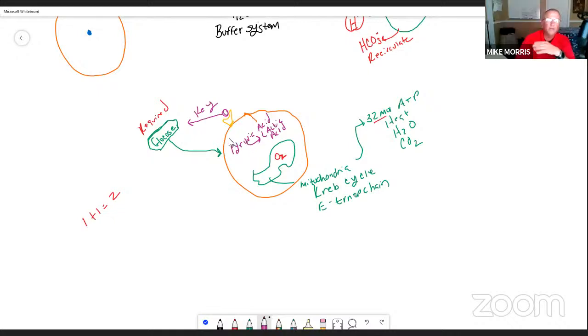Well, I guess what I'm trying to say is that you're going to have pyruvic acid in the cell regardless. Pyruvic acid's going to occur either way,